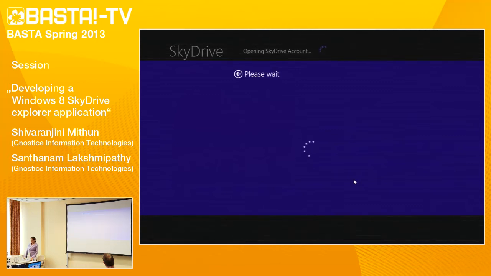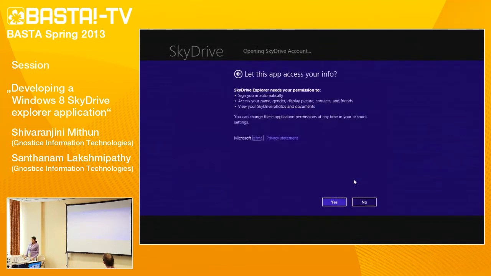Once I sign in, it is asking me whether I am going to grant or deny permission for this particular application. This is showing all these 3 items which we wanted for our application, that is for single sign-on, then accessing profile details, and for accessing SkyDrive documents. So I will say yes.